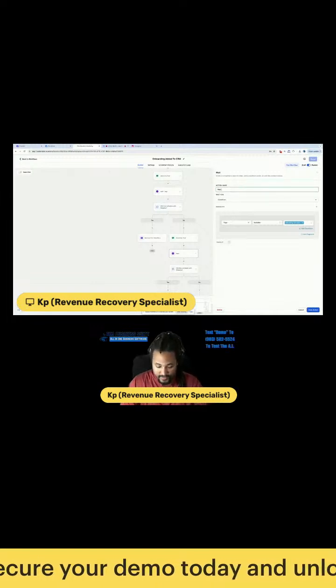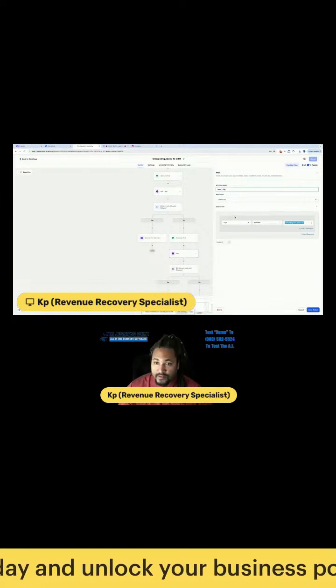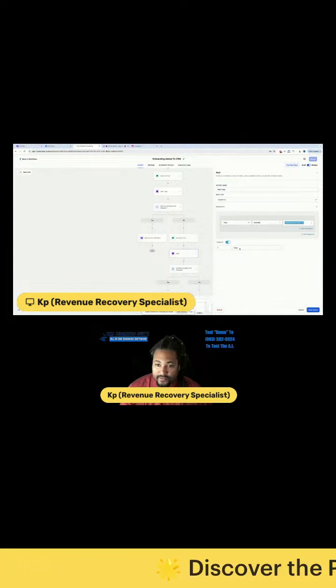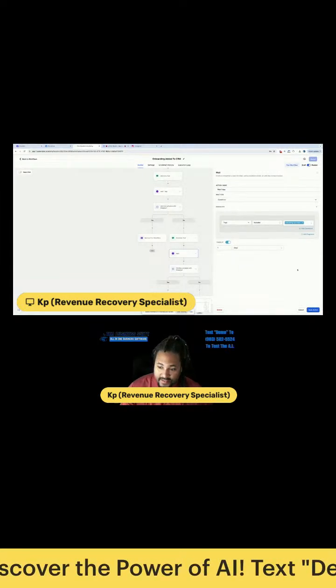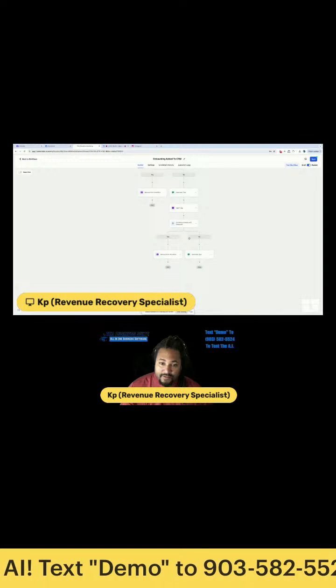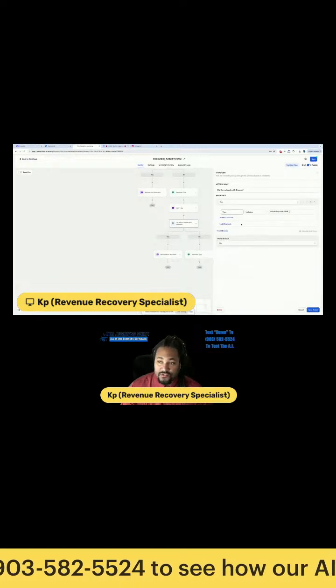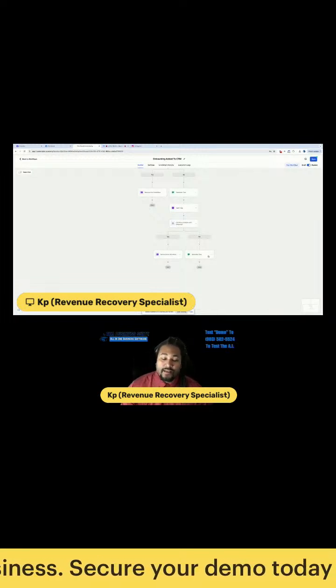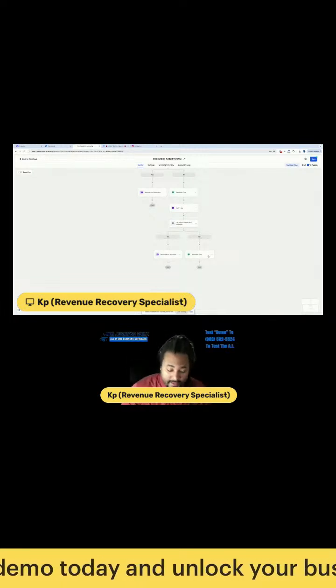The next thing is going to be another 1 day wait to see if they got that onboarding text, and then it times out after a day. It says, did they schedule? Yes or no. If they did schedule the second time, it removes them from the workflow. If they didn't, it'll send them another reminder text, which is kind of like a final reminder text to say